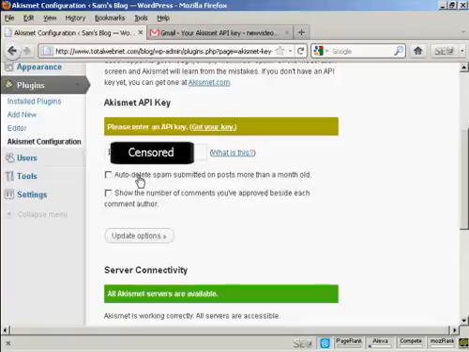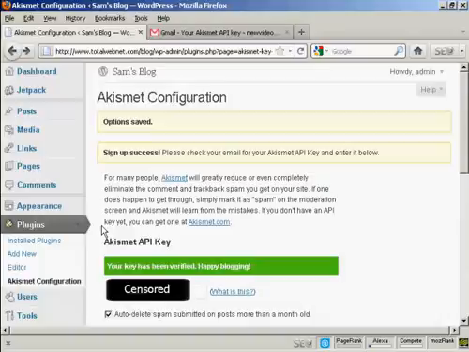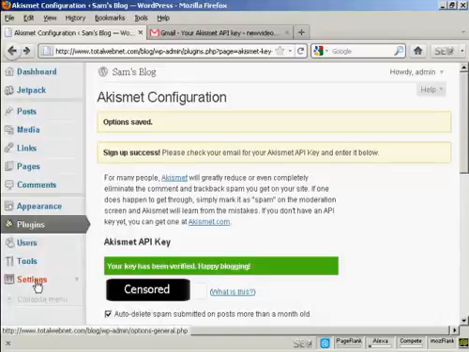And then you can check one or both of these check boxes, which will auto delete spam submitted on posts more than a month old and show the number of comments you've approved beside each comment author. I'm going to go ahead and click yes for this, and then click on update options. Okay, now I need to configure this. If I just reduce that and go over to settings,